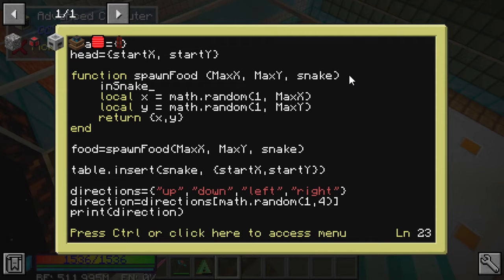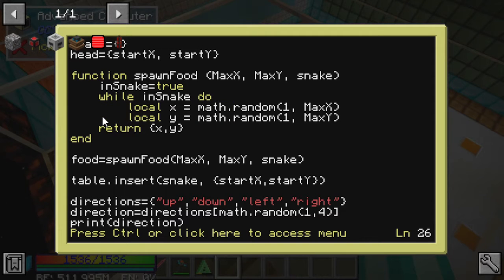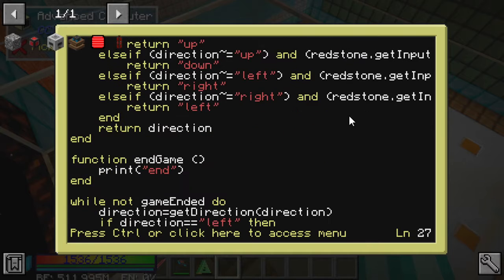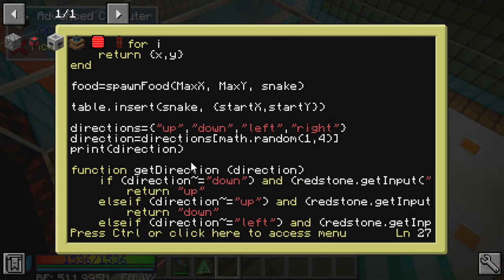in snake is going to be false. While, oh no, I'll assume it's true at the start, that's what we'll do. Because then I can do while in snake do. There we go, grab that. And then what I'll say at the end of here, for, how did you do the for each thing? How did I do it before? Is it for i, coord in ipairs? Okay. For i, coord in ipairs snake do